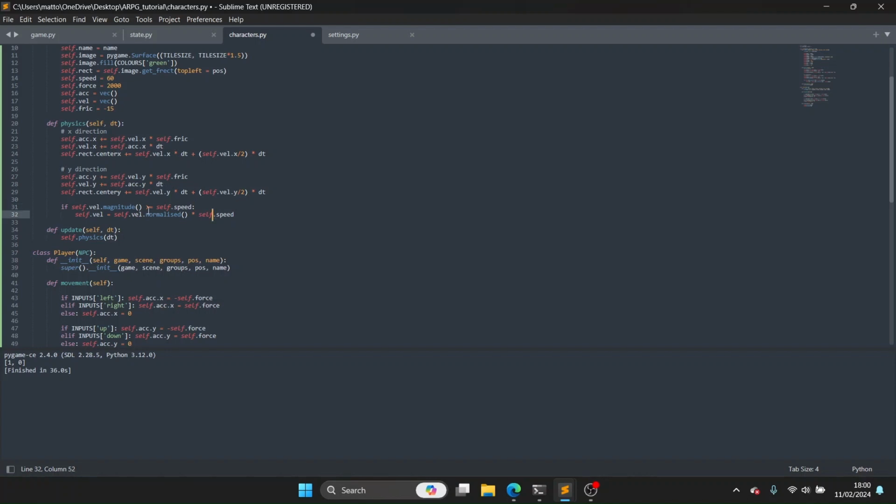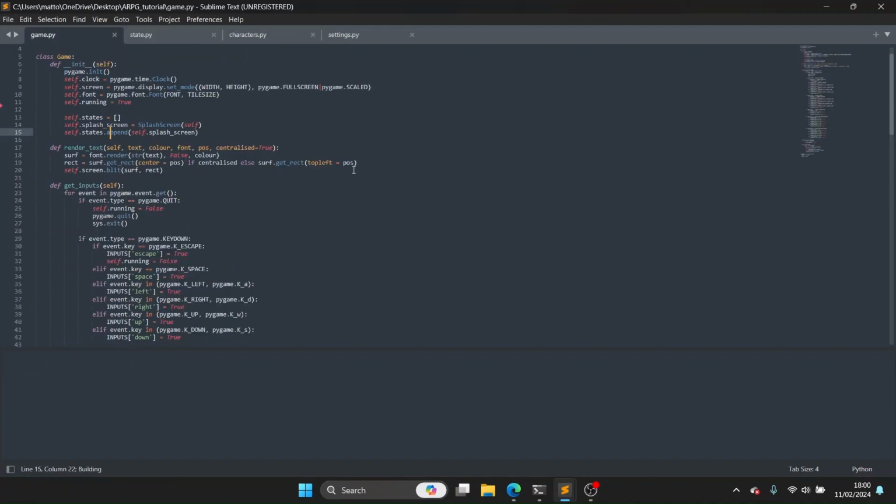So if the speed is 60, this will normalize the velocity in the x and the y direction, and then it will times by the speed. So if we run that,